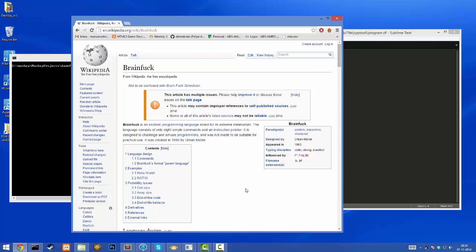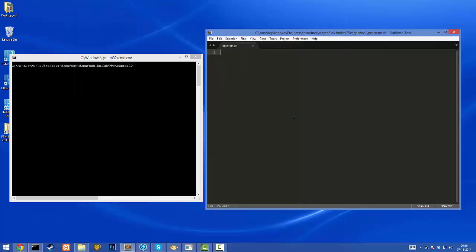So it's a higher level language that translates instructions to BrainFuck. I'm currently calling it DamnFuck,